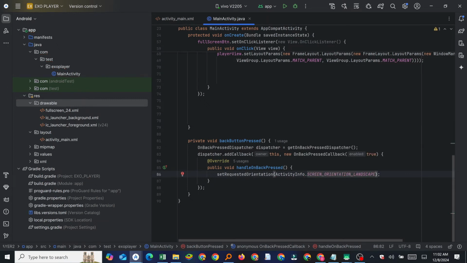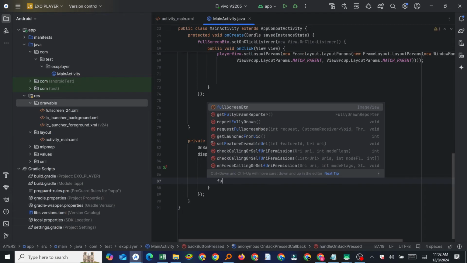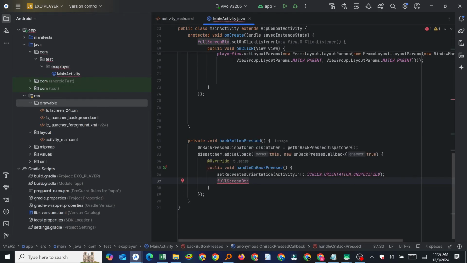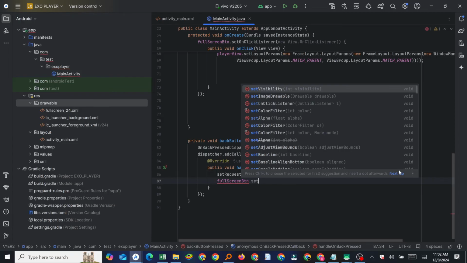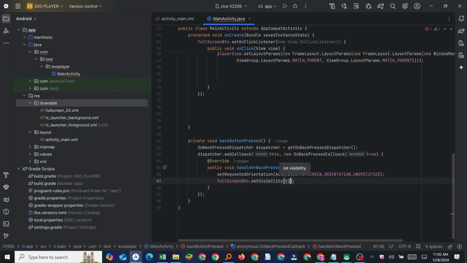Let me put landscape, but let me change and say orientation unspecified. After you say, now our full screen button should be set to visible. It comes back, you set the button to visible, and you come and say